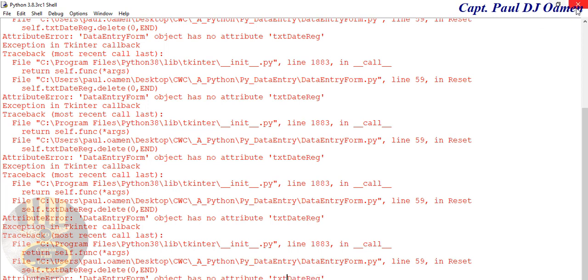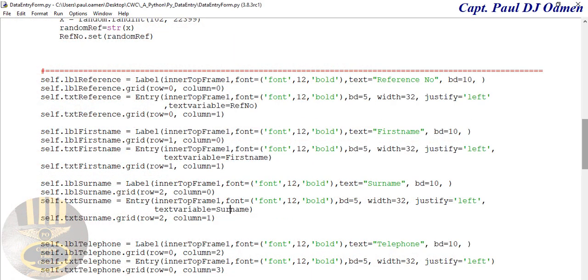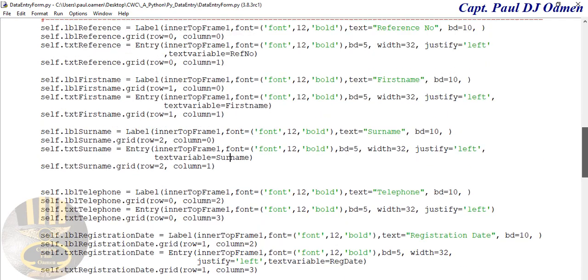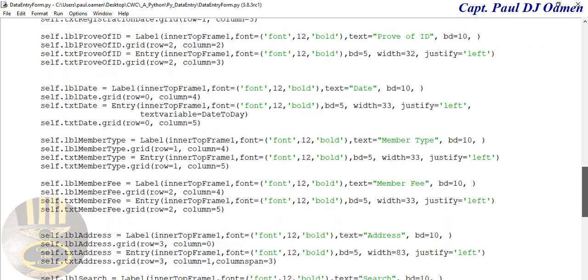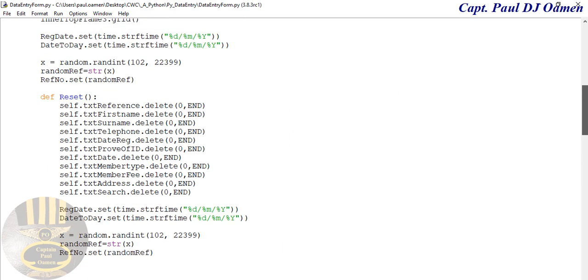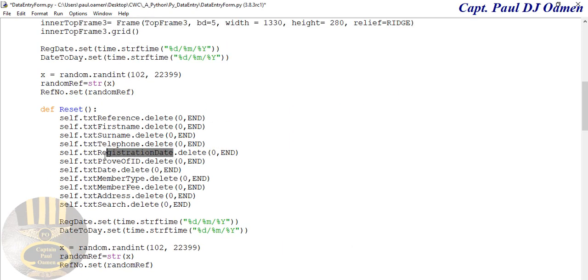Look at that. It's actually giving me, presume you guys can see that I've made a mistake in there. I entered txt there. So let's go back into my reg dates, txt reg date. Date reg. That is wrong. It's meant to be called txt registration date. So I'm going to copy that. Okay, the right name for the widget is now in place, registration date, and I've also corrected this to member